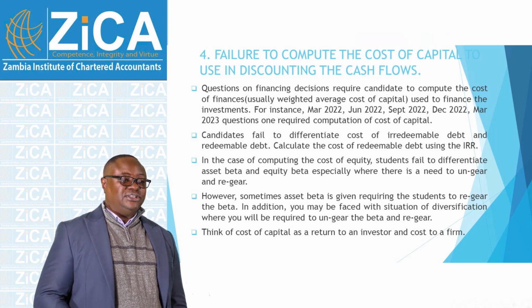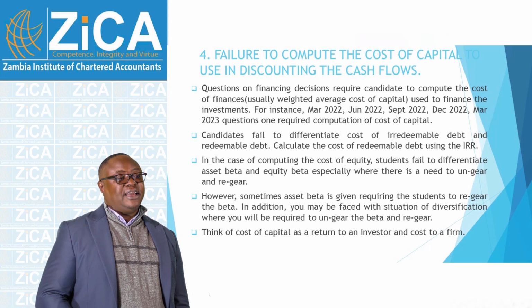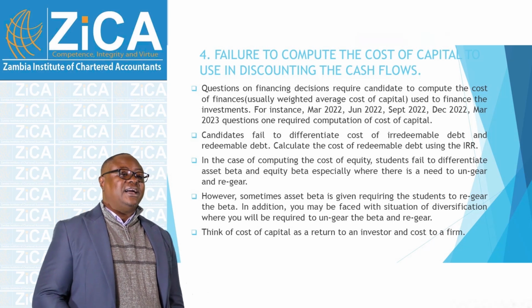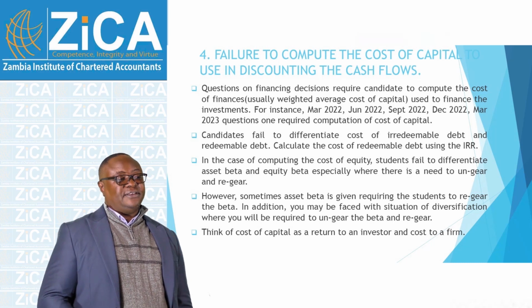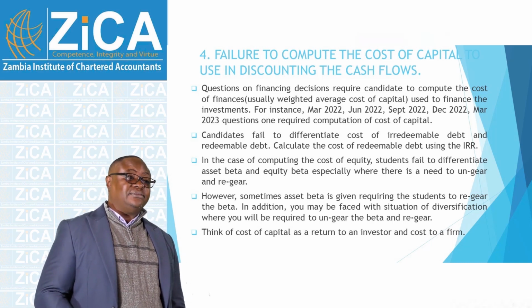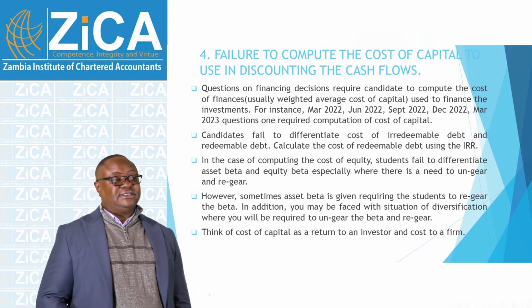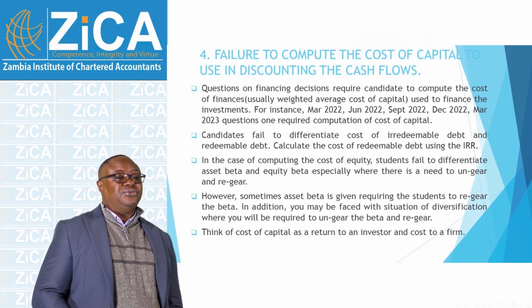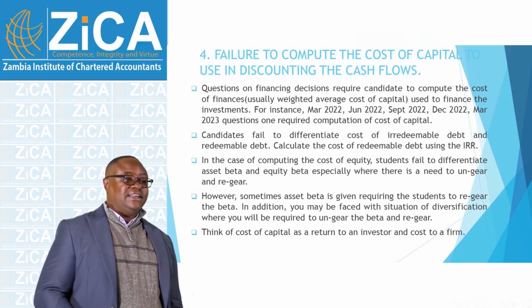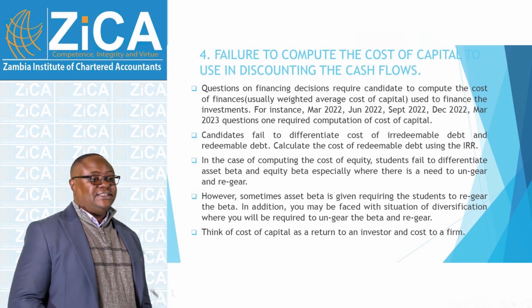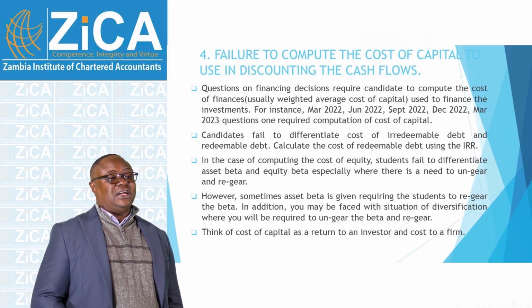But what you need to do is just to go back to the books and read, and you understand that asset beta, you are basically looking at this beta which does not reflect debt. There's no gearing in the financing structure. You are just basically looking at these businesses. If you look at equity, you would have debt in the capital structure. So when you are doing those ungearing and regearing, you understand it from that perspective. So it's important that you revise on these particular concepts.